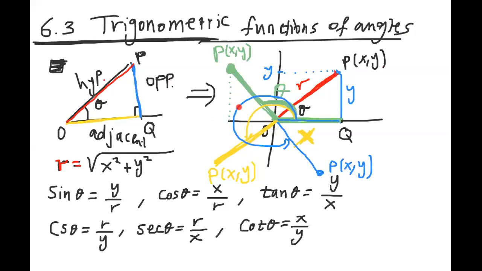We use the right triangle, and the angle here is the same as the angle from here to here. This is called the reference angle. We'll talk about this right now. For the third one, we use this triangle, and this angle is the same as the other. For the fourth one, the blue one,